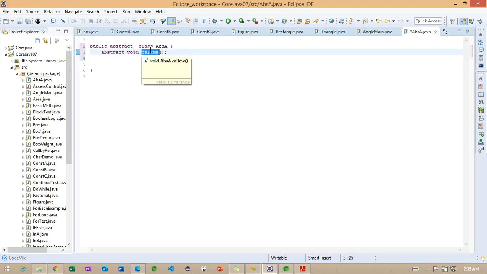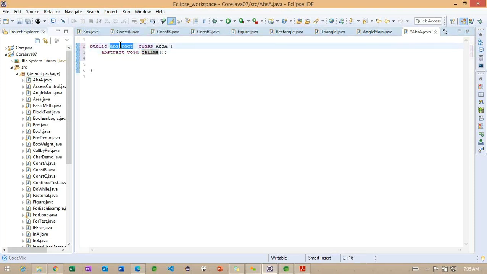Whenever any class has one abstract method, we need to make the class abstract. So that is what I'm doing here. Carefully observe, once we define this particular method, along with it we are going to have one more method.